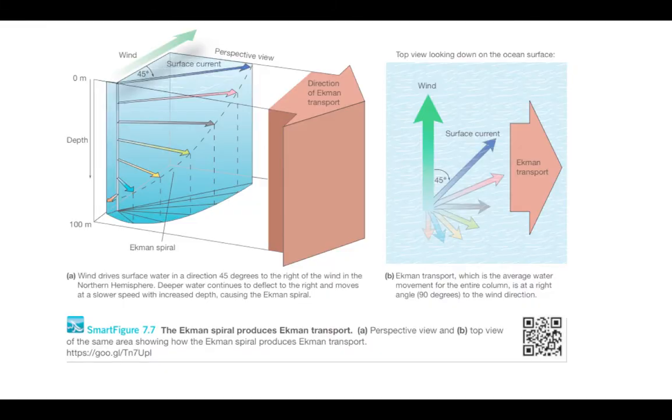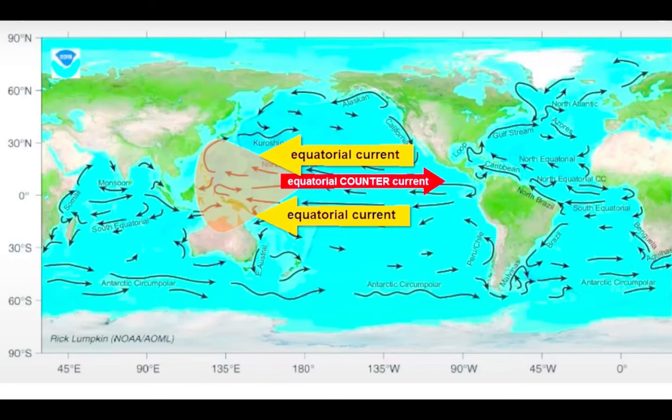Okay, so this is clear. Ekman transport, Ekman spiral, everything geostrophic current in the oceans. Okay, now let's talk about different kind of ocean mixing. So we know that here in the equatorial region we have equatorial currents. Equatorial current simply follows what? It follows your trade winds. So trade winds basically push all the warm water towards the west side of every ocean, and here we have western intensification zones. So these zones are western intensified zones.